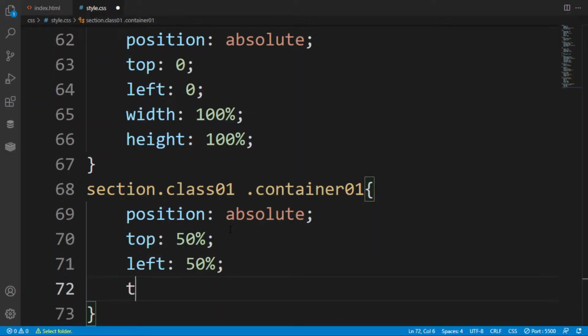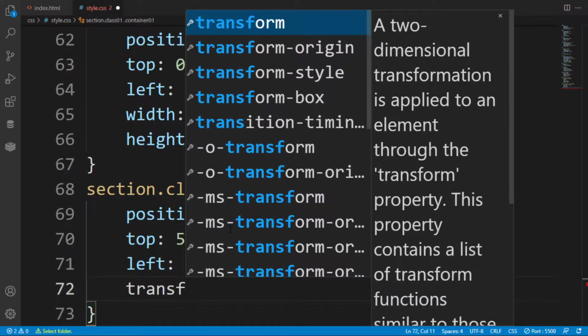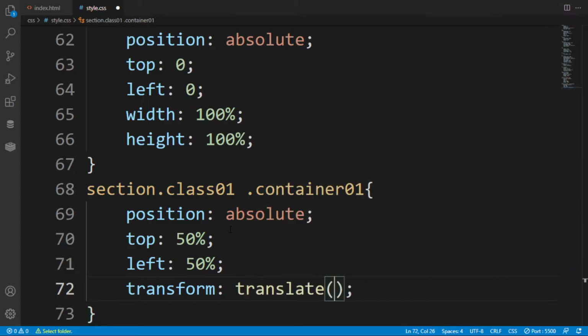After this I am giving a transform of translate minus 50 percent and minus 20 percent.